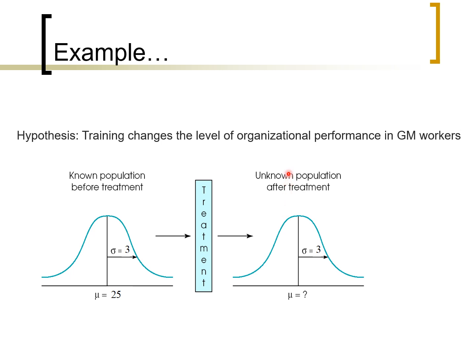And let's see what our population would be if we gave them all this treatment, right? Would the new mean be different? And how different would it have to be? What if the new mean is 26 or 27? Is that just a real difference, or is that just sampling error? It could be either, right? So that's why we have to have this hypothesis testing scenario and process set up so we can make stronger conclusions that aren't just based on a mean difference, but a mean difference and bringing in other forms of evidence, so to speak, to help inform our decision.